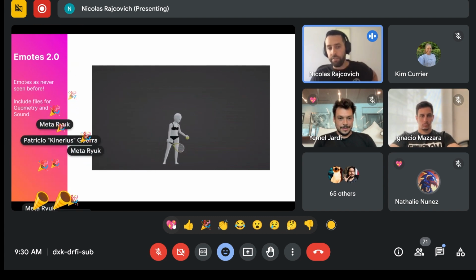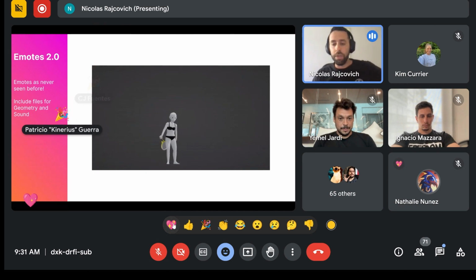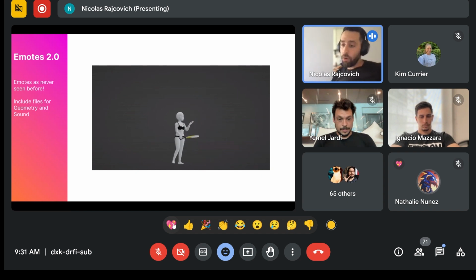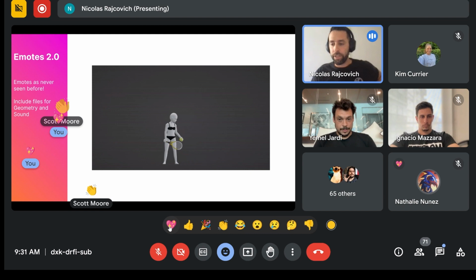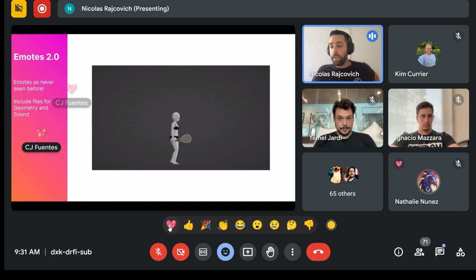When you submit an emote, you will be able to submit, besides the animation itself, a geometry and a sound file. If you do it right, obviously we're going to provide all the necessary documentation and examples. You will be able to do something like you can see in the GIF right there.